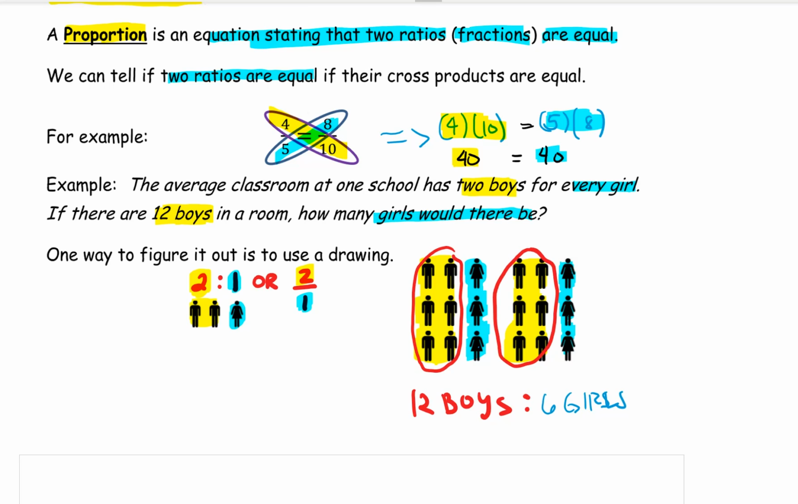So therefore I would say there would be 6 girls. So if there will be 12 boys, you're gonna expect that there will be 6 girls. Okay, so again, you can make a diagram to solve this particular question. So now,